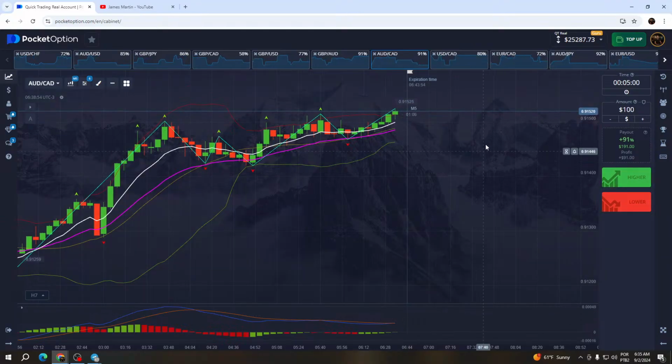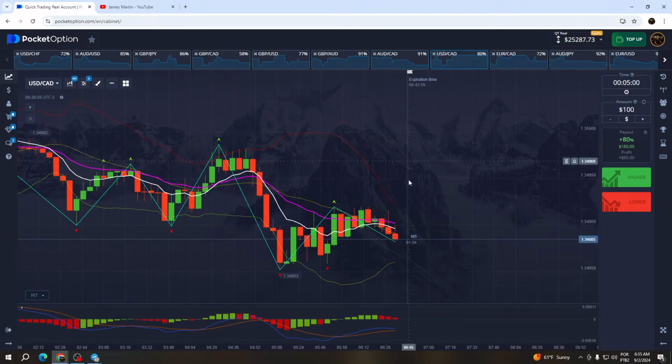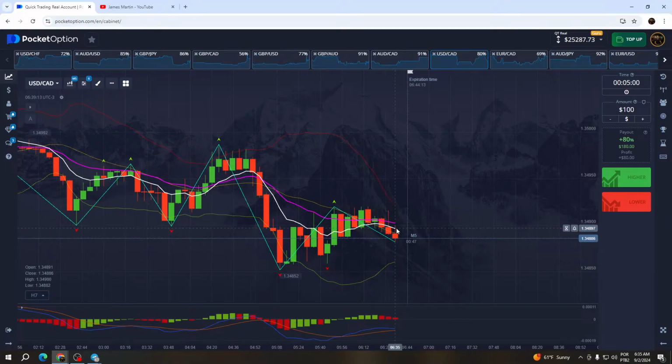This is a trigger, right? When you see three candles together, red ones starting to go down, we have three crows. This shows us that we're still with this trend. So you can use this as a trigger and click on the lower button for the 6:40.